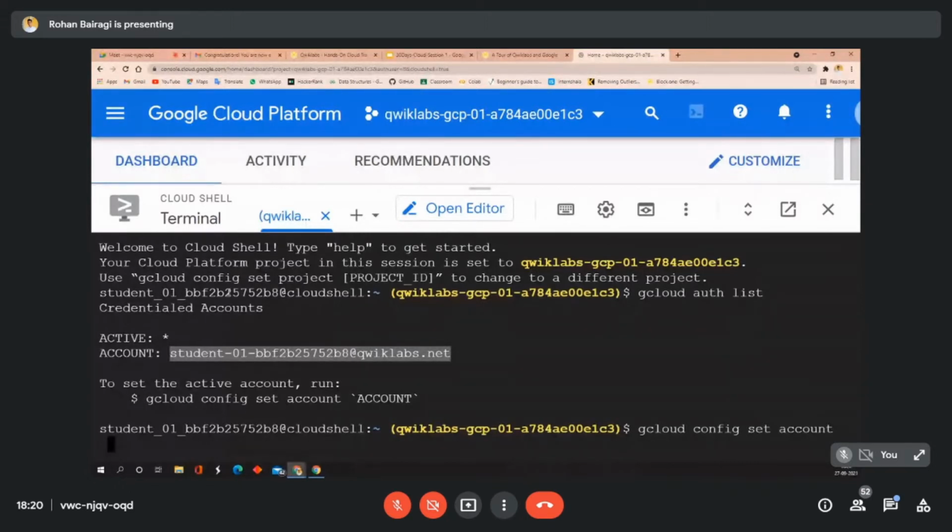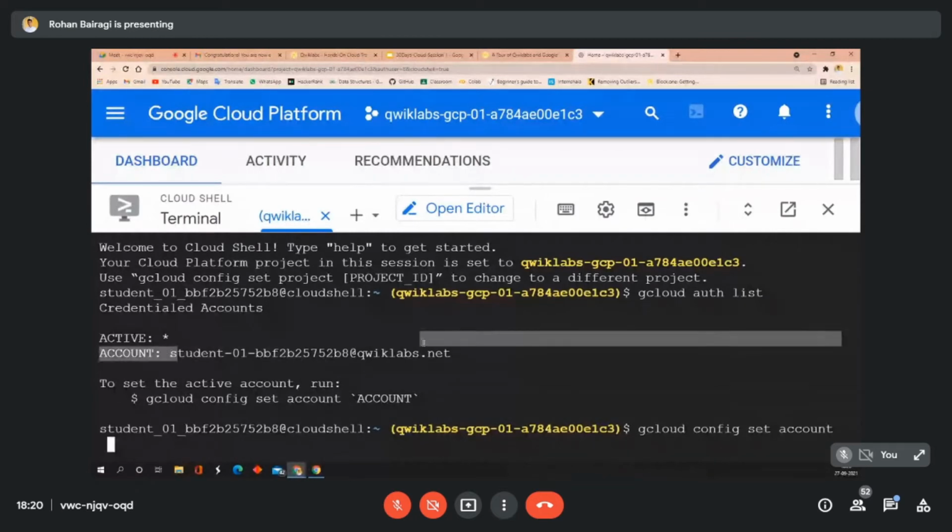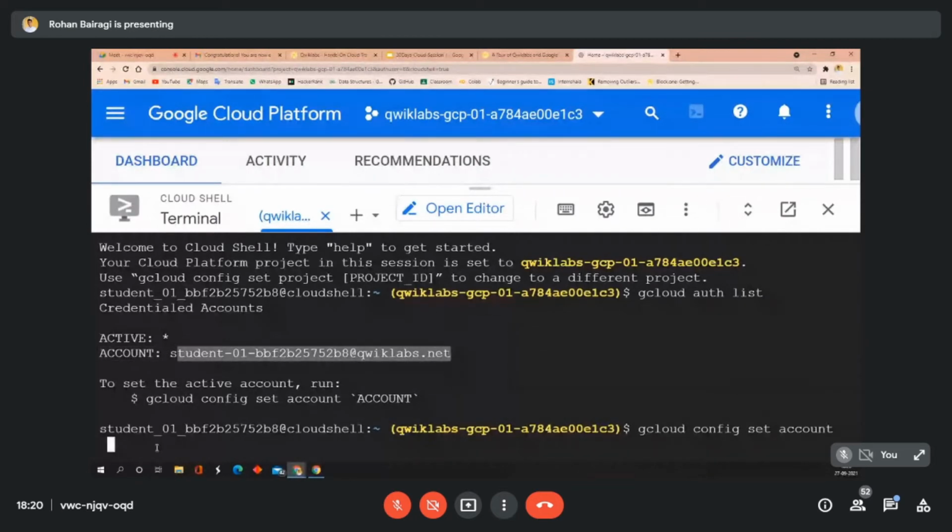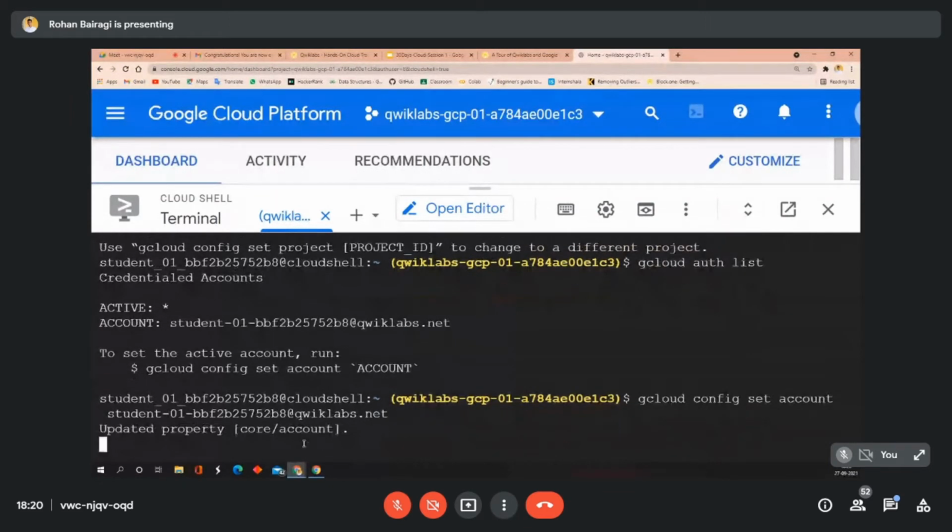By selecting, it will get automatically copied, and then paste again. After you have done these things, you will see updated property core account. That means you have configured your account.